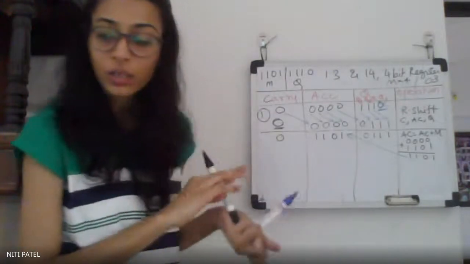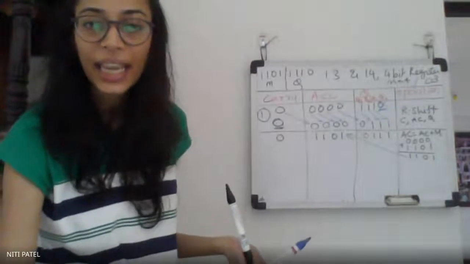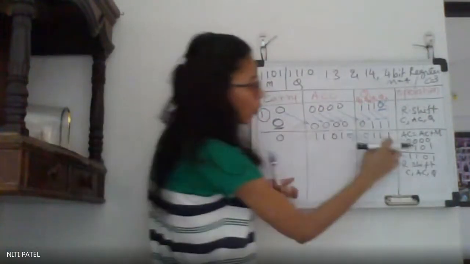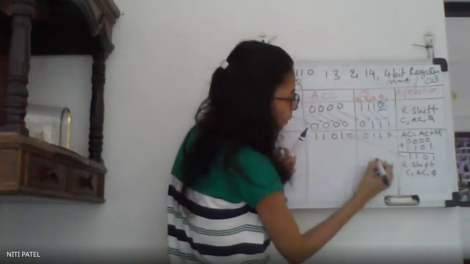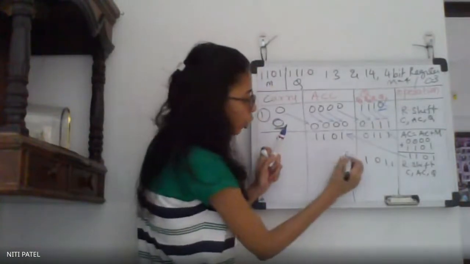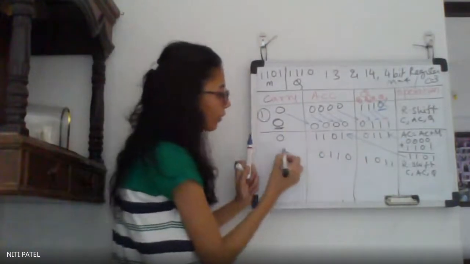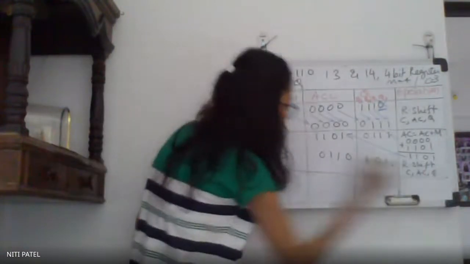Now after this, what I have to do is come back and do what? Right shift, carry, AC and Q. So what will I do is right shift AC, C and Q. This one will go out. This one will come here, 1, 1, 0. I want one more bit, so I will take this one over here. This 0 over here, 1, 1 and this 0. Since I do not have anything, I will append it with 0. So with this, I have completed my cycle 2.